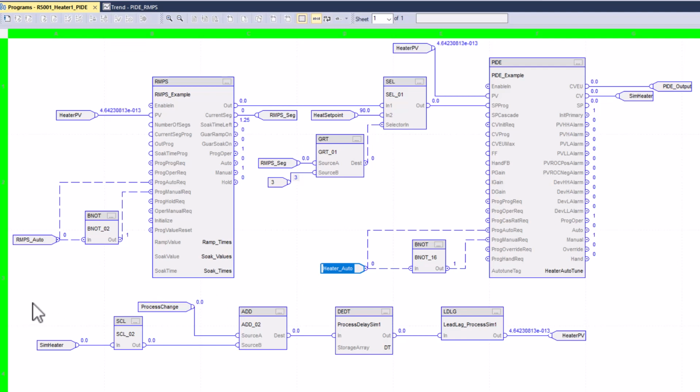It is a fully emulated program, so there are no real world devices. I'm simulating every bit of this code using a scale and then an add with a dead time and a lead lag. If you're curious about how that's done, you can see one of my older videos. When it comes down to it though, what we're doing with a ramp and soak is we're taking the